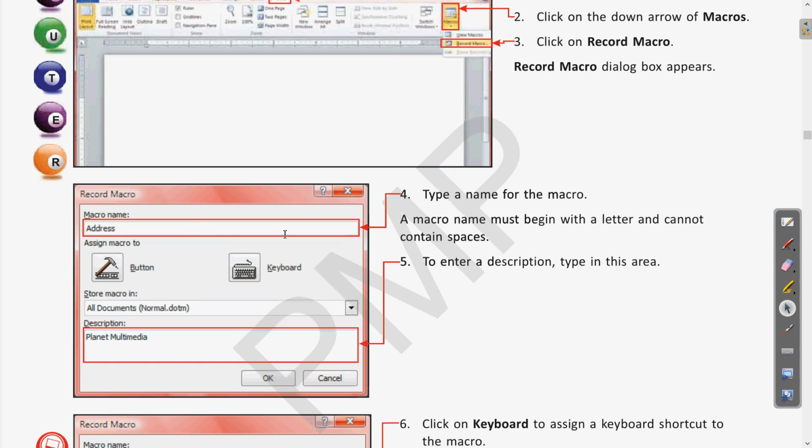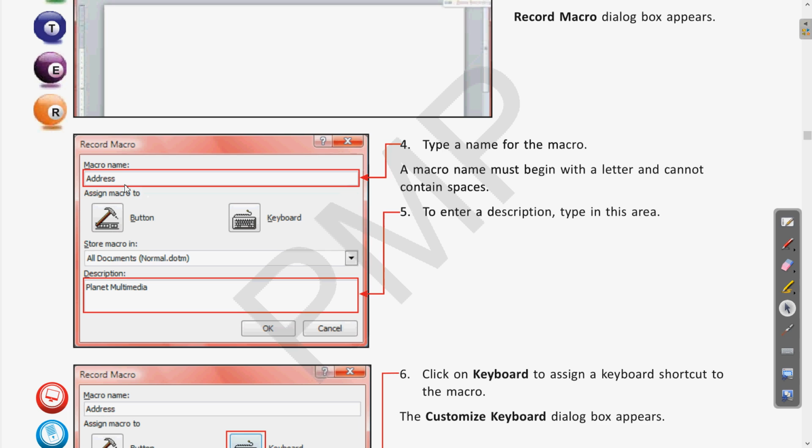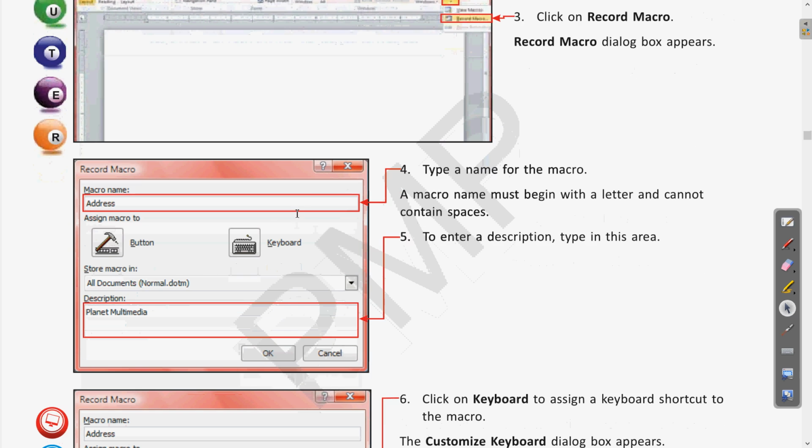Clear? In the example taken in this book, an address is being written, so for that we create a new macro. When you click on Record Macro, this dialog box will open. Here you can write the macro name, and after that, the description.